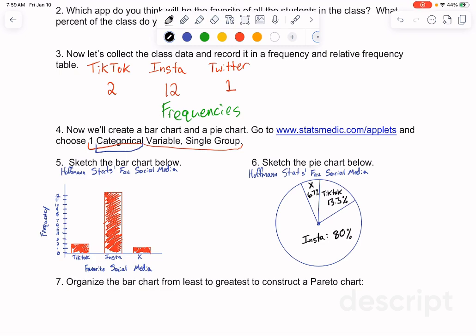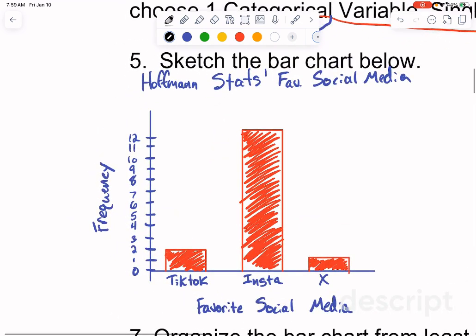All right, you should have your bar and pie charts copied down now. So when we look at the bar chart here, we have a couple important features to note. First, we've got 2 axes on our bar chart. We've got the up and down axis, we would call this the y-axis on a normal graph, but it's a little different with a bar chart. This is just going to be where we put the frequency. So however many people answered each way, that's what we put on the frequency. So we had 2 people who said TikTok, so they're up to 2.